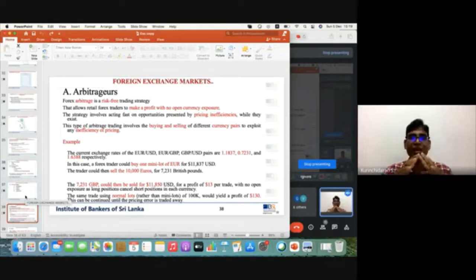That is called arbitrage. They don't take any risk. They will do back-to-back transactions, right? So they don't lose. They make a small profit, but when the amounts go very big, the profit can sometimes be significant. If you could see this example,